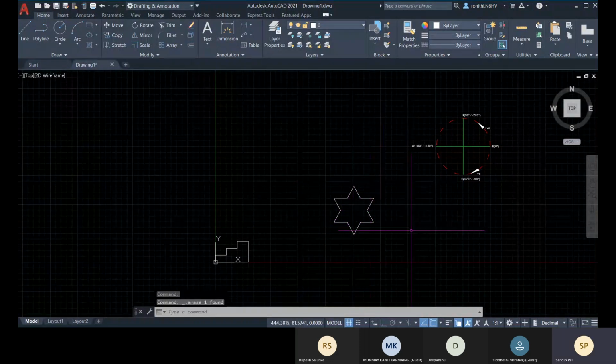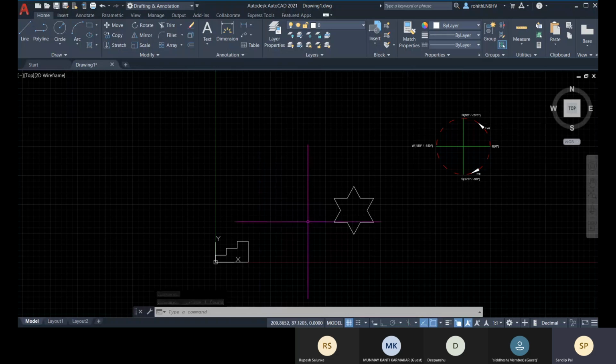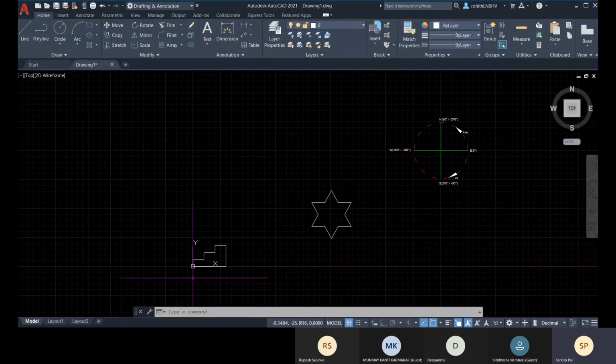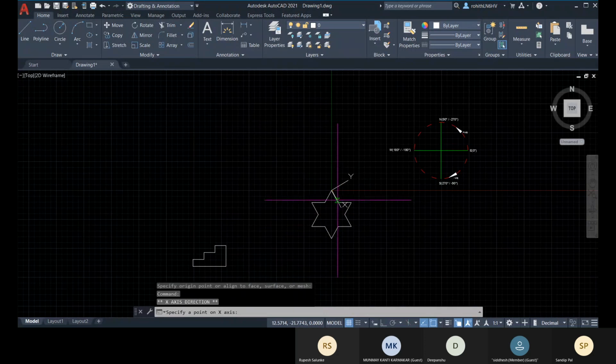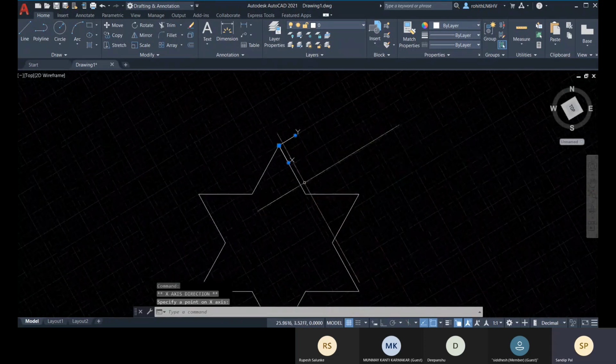All right, so this is how your coordinates work. You have Cartesian coordinates, you have polar coordinates, and based on the calculation origin point, you have absolute and relative. So you have absolute Cartesian, relative Cartesian, absolute polar and relative polar. You can also do this if you're placing it here, you can place it like this, X.